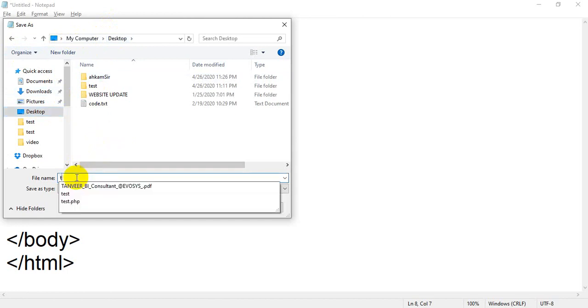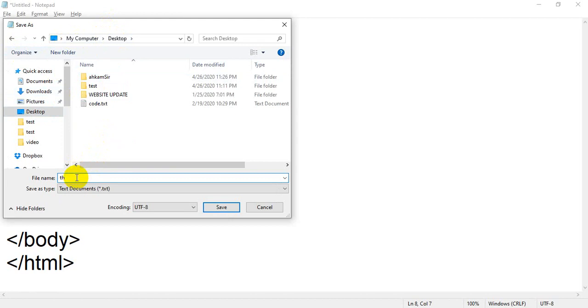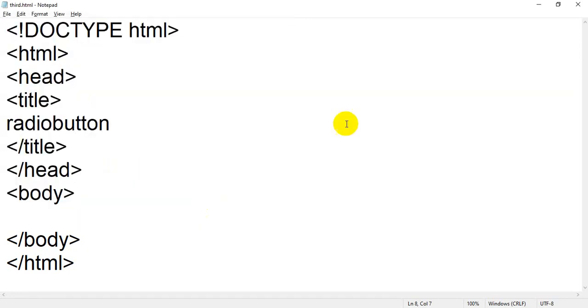I am going to name it third, because this is the third lecture of advanced web designing: third.html. Third is the name of the file, and .html is the extension, because we are learning HTML. All the extensions will be .html and the name can be different. So click on Save.